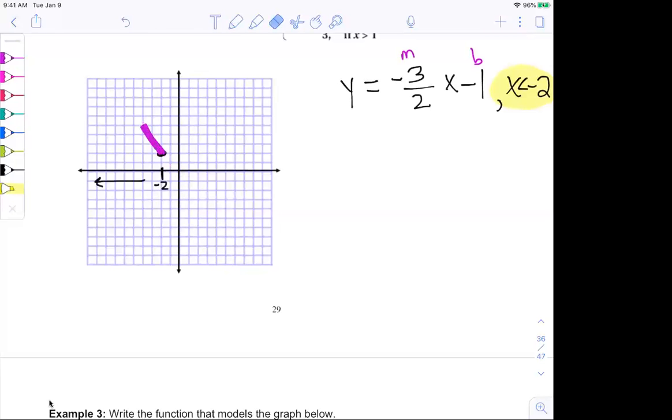And now I have a piece of my function, a piece of that line. Again, I use the negative 2. I went to where it was negative 2, and I chose a piece of the line. Now the last thing that I need to do is it says less than. So if you think about the graphs that we looked at, that domain and the range, what kind of symbol would I put when it says less than and not less than or equal to? How would I notate that in my graph?